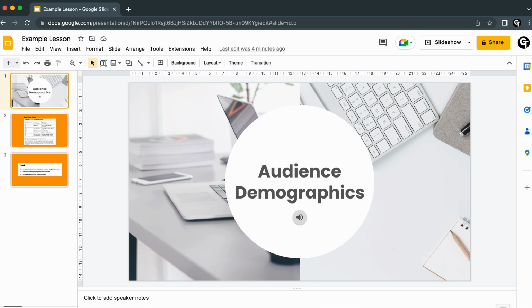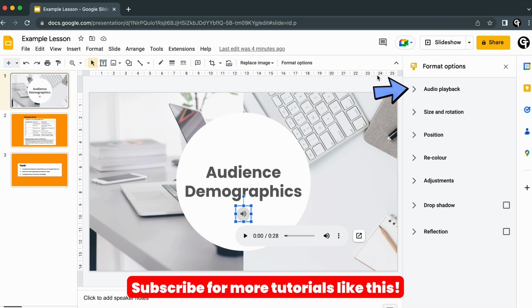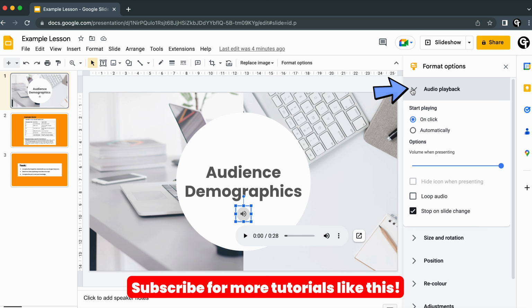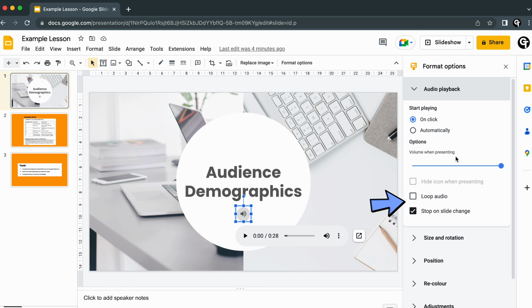To get this to play over multiple slides, once you've inserted your audio, for example this narration through some classwork, go up to Format Options at the top navigation bar and head on into Audio Playback. It will then proceed to give you a range of different options, such as the ability to start playing the audio automatically when it clicks onto that slide, the volume when presenting, the ability to hide the icon when presenting, and more. But the only thing we want to change in here is deselecting the Stop on Slide Change option